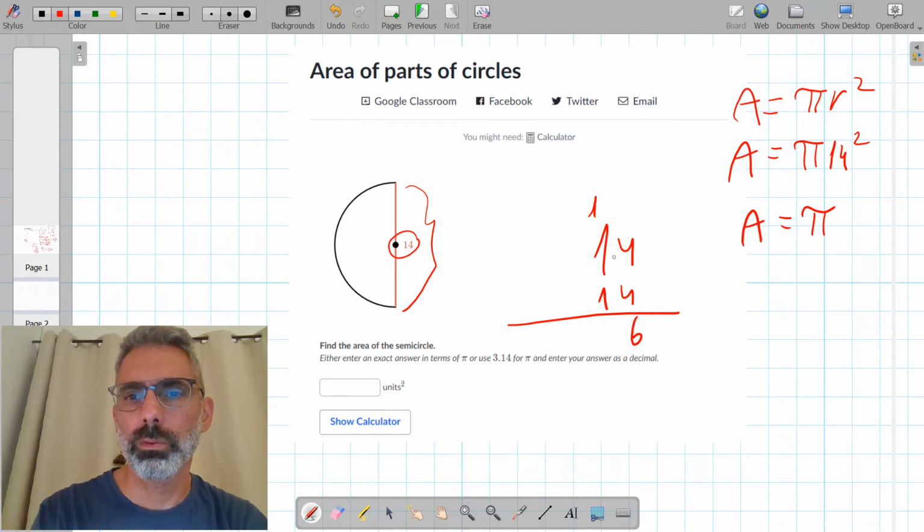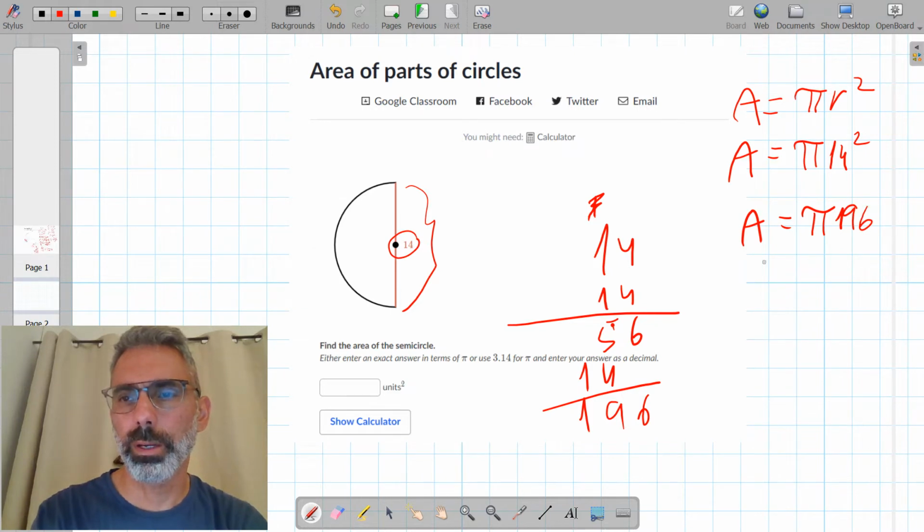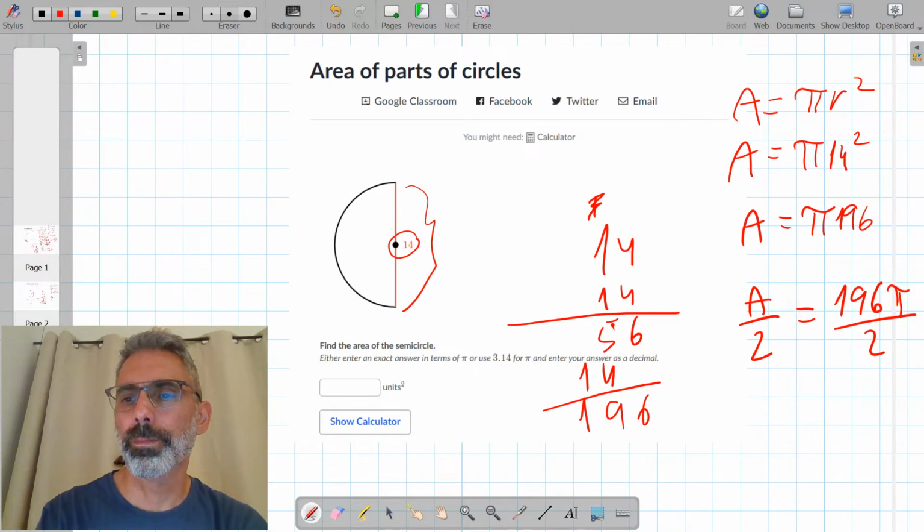This is 16, 4 times 1 is 4 plus 1 is 5. And this is 14, so 6, 5 plus 4 is 9. So 196 pi is the entire area of the circle, and we need a semicircle, so we need to divide the area by 2. So 196 pi divided by 2